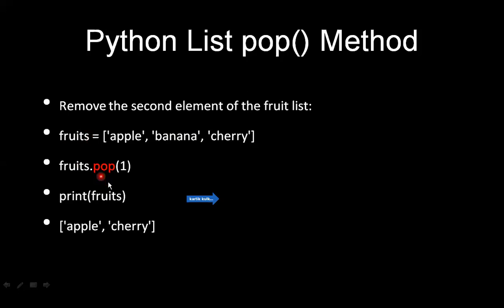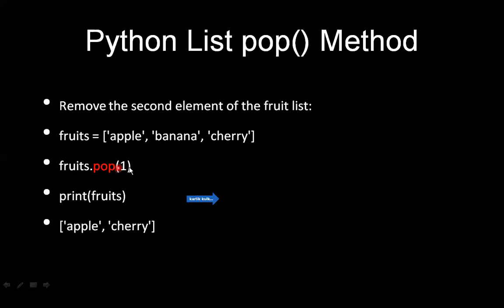How can I use that pop method? There is a syntax for that: the list name. Here I have specified fruits. Even you can specify whatever list name you like. Suppose you specify ECB as the list name, then you need to specify ECB. The list name is user defined; the user can specify whatever name he wants. Since for all the examples I have specified fruits, I am taking fruits here: fruits dot pop.